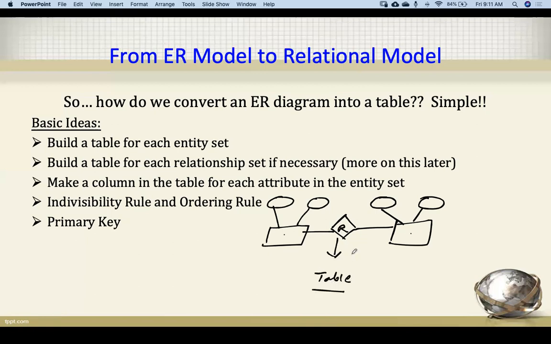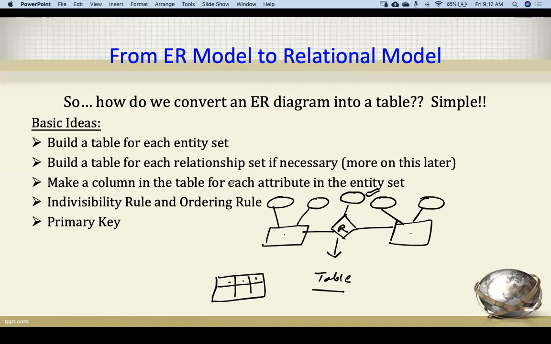And what are the conditions for that? They should have some attributes, then only there will be a table, right? How can you create a table without an attribute? There should be some column names, right? Some column names will be there, either one column, two columns, or three columns, whatever is there. One or more columns should be there in a table, then only you can create a table. But this relation should have these attributes, then only we can create it into a table. That we'll see in a later part of this topic.